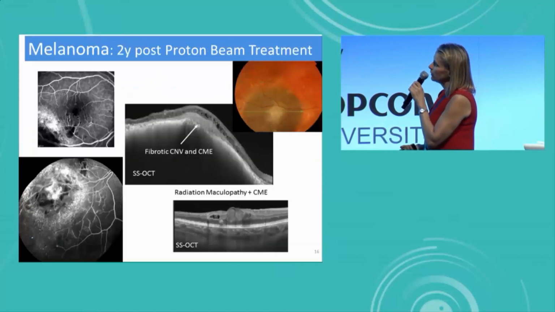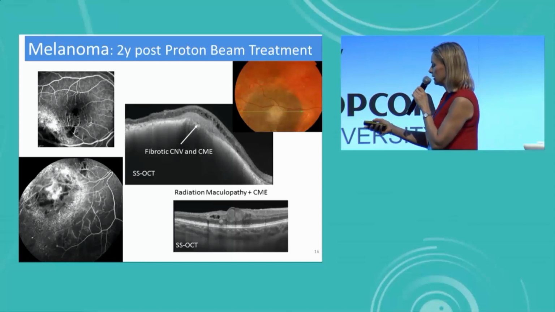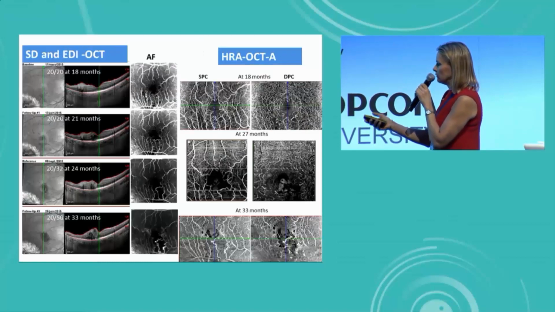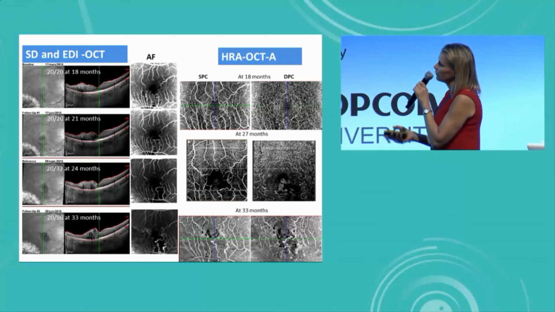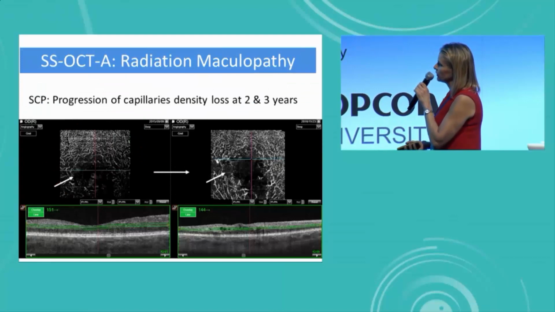In this melanoma treated by proton beam at 2 years, we can see with FA that there is a radiation retinopathy as well as macular retinopathy, radiation maculopathy, which is very well followed up by HRA OCT angio, showing the decrease in the superficial and deep capillary layers with time. It is also observed with swept source OCT angio, showing the progressive decrease in the capillary